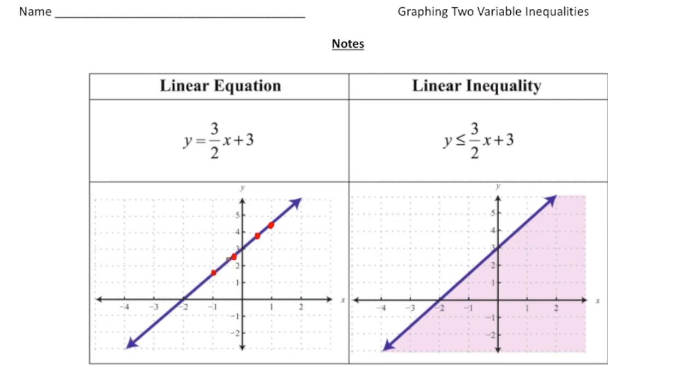Remember, this line goes on forever. For the linear inequality, all the points on this line are a solution, but also all the points in the shaded region as well. So linear inequalities, more times than not, have a whole lot more solutions than linear equations. If you turn the page,